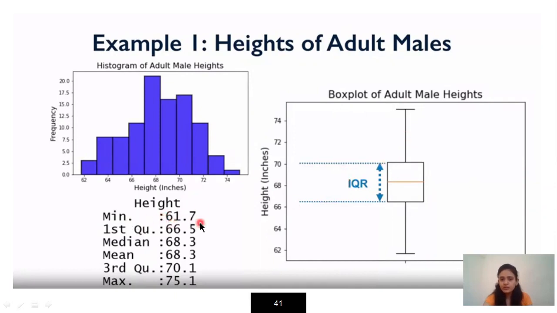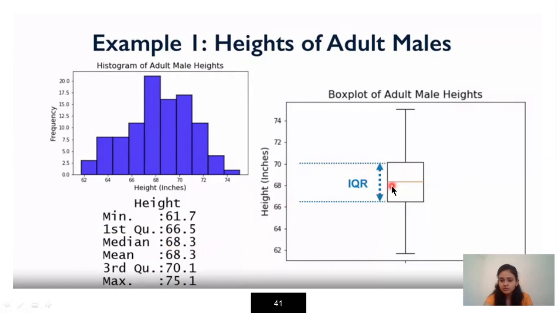So the minimum value is 61.7. You can see over here, this is my height in inches. My minimum value is shown over here, 61.7. Then comes the first quartile, whose value is 66.5. So you can see the starting of the box is 66.5, something over here. Then comes the median, that is 68.3.